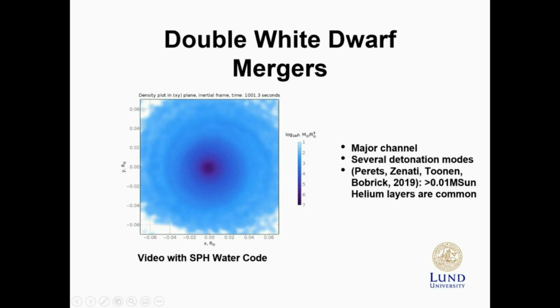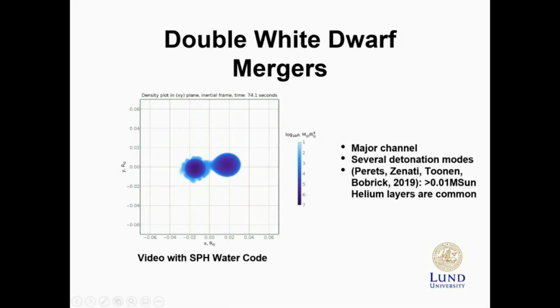Now, the thing about double white dwarf mergers is that it was recently realized that the presence of helium layers on the donor and accretor in these double white dwarf systems is quite important. So if you think about the two white dwarfs merging for a second, then actually, let me stop the animation. So then the donor white dwarf is expected to contain thin layers of helium left from its previous